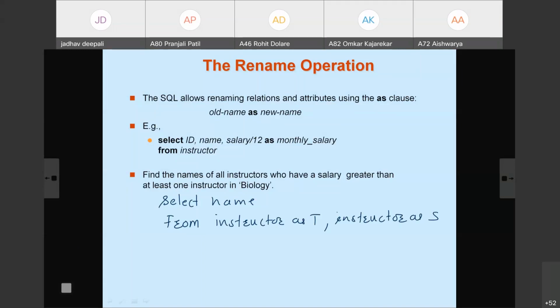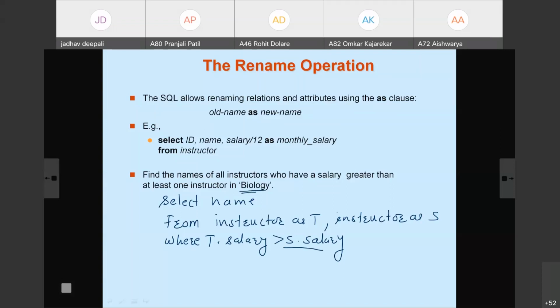So we can directly compare where T dot salary is greater than at least one instructor, correct? At least means T dot salary is greater than S dot salary. Is the predicate finished here? No. This instructor salary, from which department?